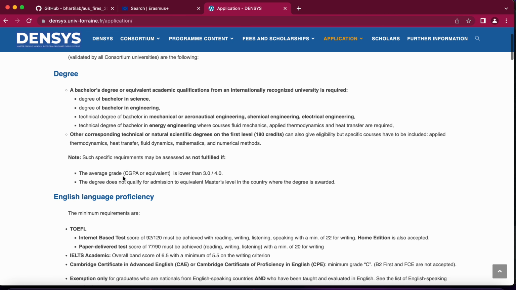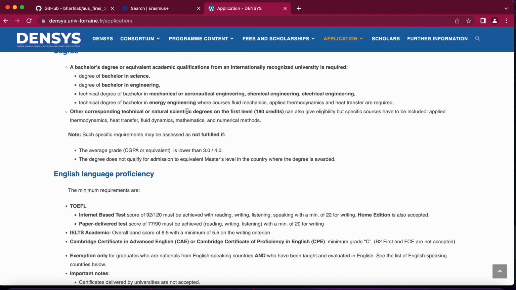But there is some specificity to the degree that you can apply with. If you are doing bachelor of science, did you do courses in fluid mechanics, applied thermodynamics, and heat transfer? So these are the technical degrees of bachelor in mechanical, aeronautic engineering, chemical engineering, electrical engineering. I've seen people in civil engineering that also apply for this because they did courses in fluid mechanics, applied mechanics, and heat transfer. Yeah, thermodynamics and numerical methods and all of those. If your transcript included that you did these courses and you scored very well, you can actually apply for this